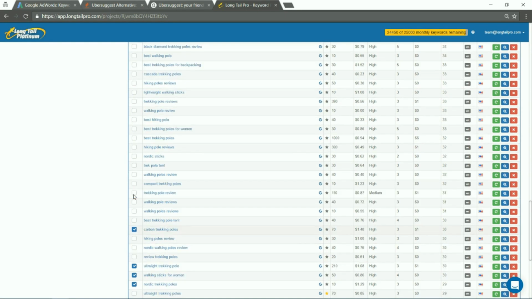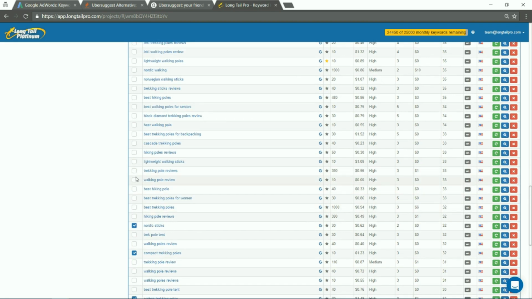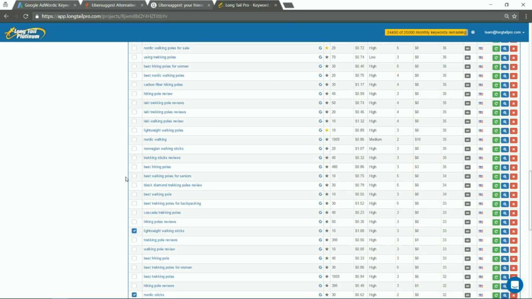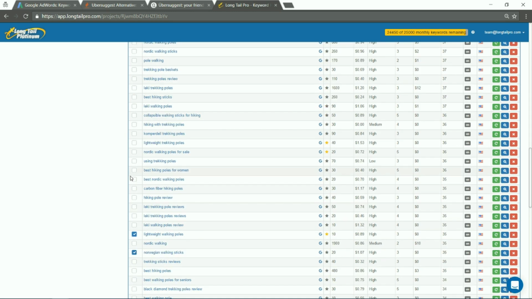Carbon trekking poles, and again, notice how some of these keywords that we're looking at are things that we've already looked at. And that's the point of being able to go through the process that we just went through to get to this point. You can see that many of the methods that we used earlier could potentially work, even if you don't have a paid tool like LongTail Pro to confirm it. Lightweight walking poles, carbon fiber hiking poles,